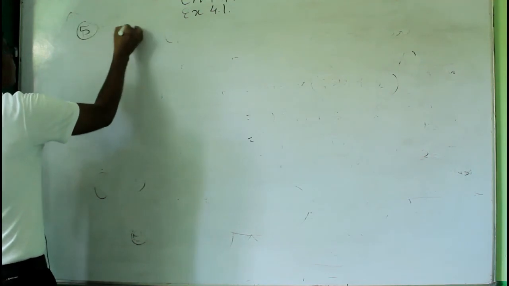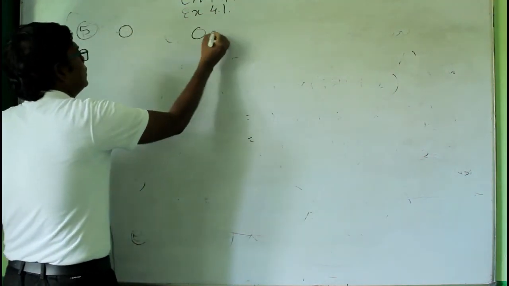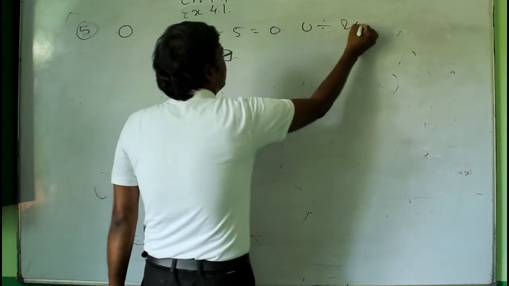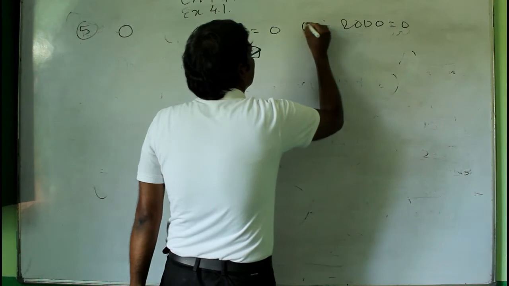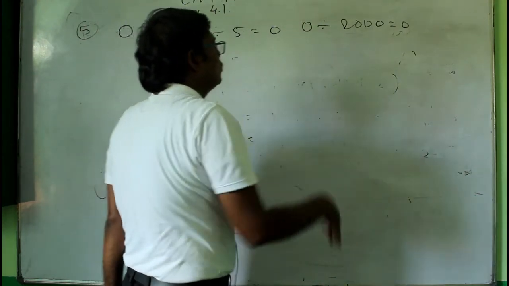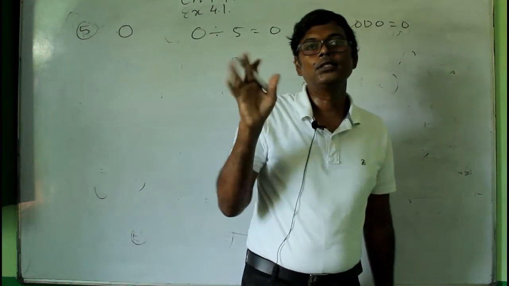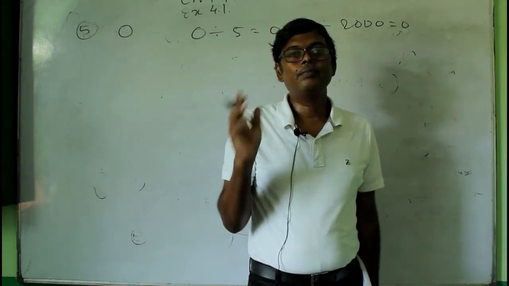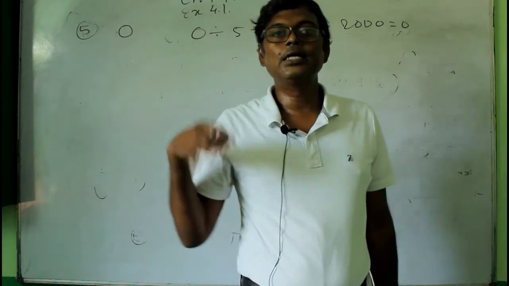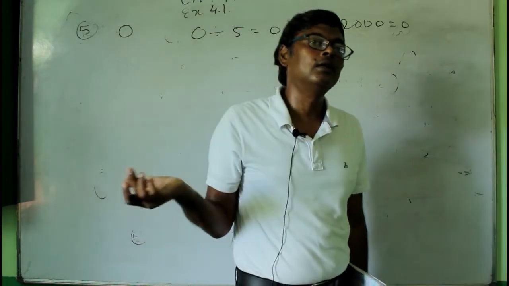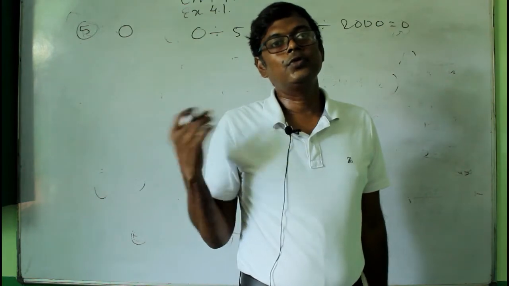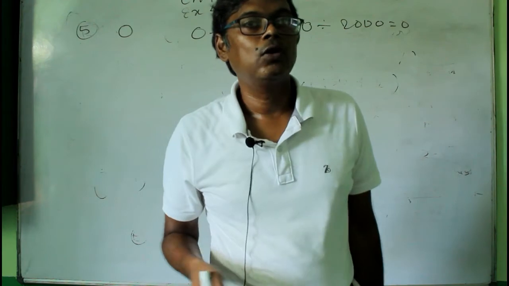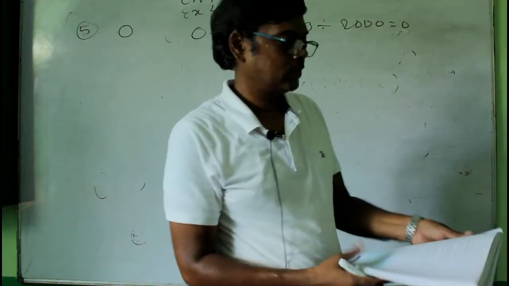Okay, 0. Because you see here like 0 divided by 5 equal to 0. 0 divided by 2000 equal to 0. Okay, so that is if you divide 0 by any number other than 0. Okay, remember this, that division by 0 is not allowed. Okay, because that is meaningless. So you can take any other number other than 0. And if you divide 0 by any non-zero whole number, the answer will always be the same, that is 0. So the answer is here 0.